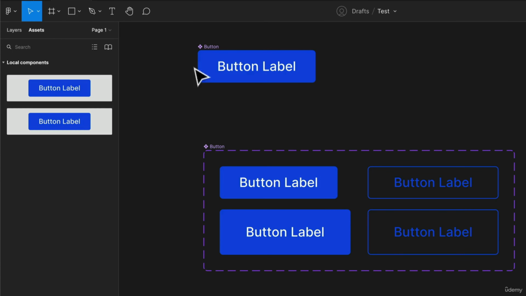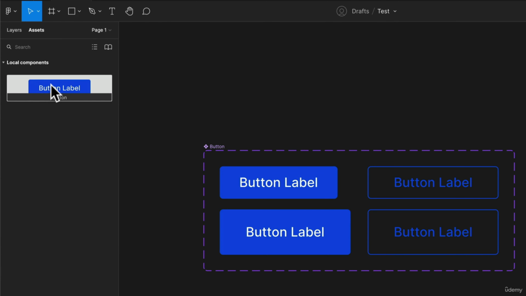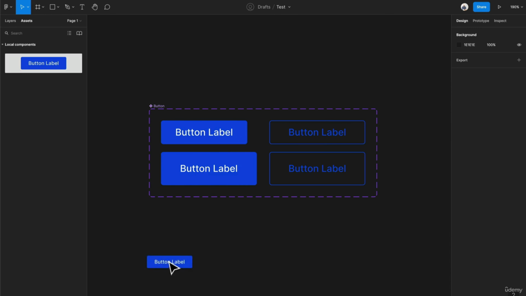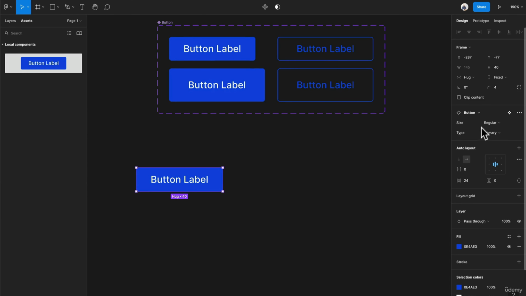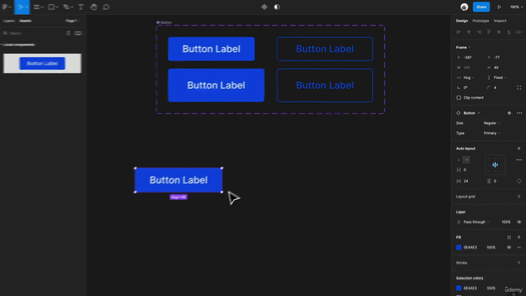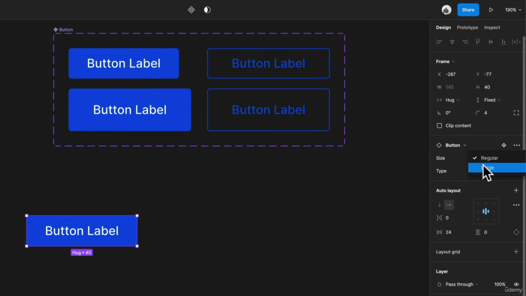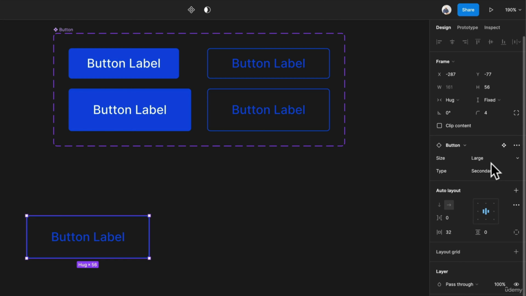Now, what does this look like in the assets panel? Let's delete our original button. So now we still have the same button here, but now when we drag it, you can see on the side that now instead of having to go back into your assets panel and pick new buttons over and over again, you have them over here. So now I can specify that this is a large button and it's secondary,